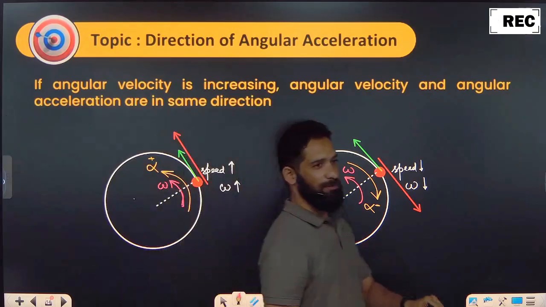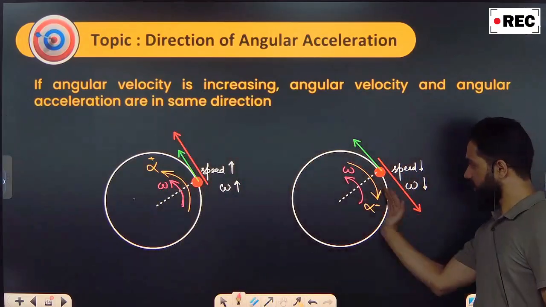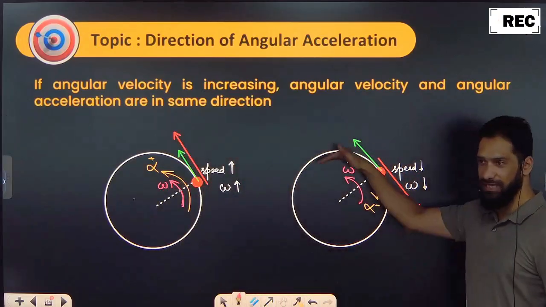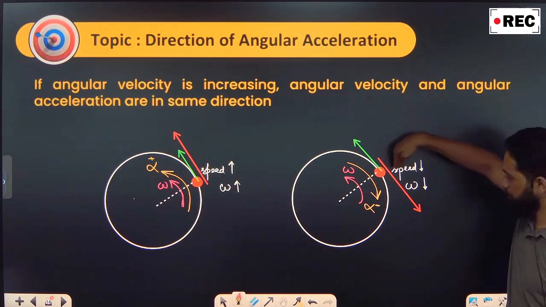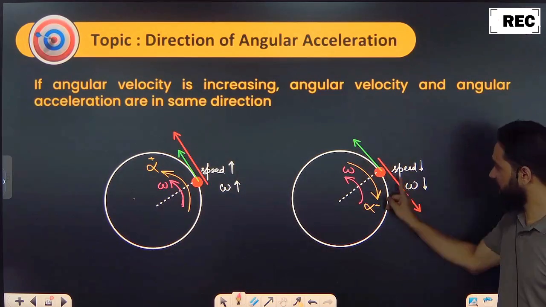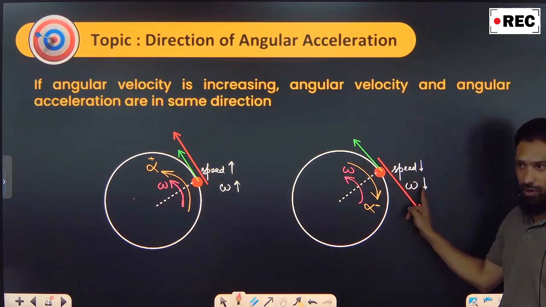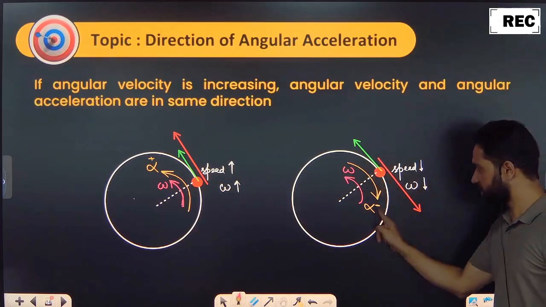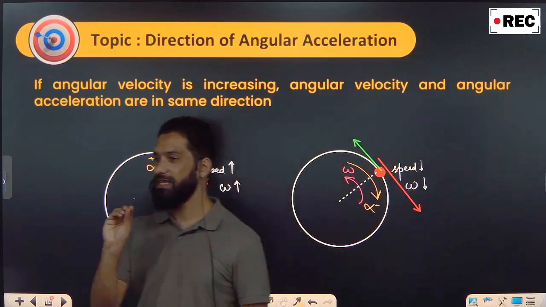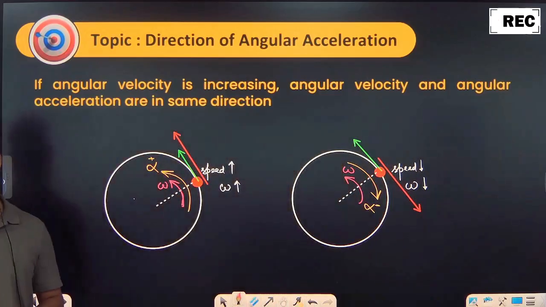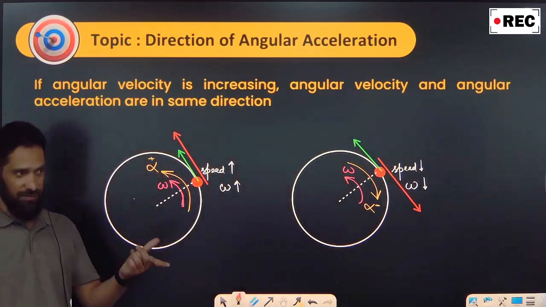If the force is applied at this moment, suppose the fan wants to go like this, but you are applying a force with your hand in this way, so that it will try to slow it down. Omega wants to decrease, so you will say alpha is this, right? Again, in these conditions, alpha is an axial vector like omega.